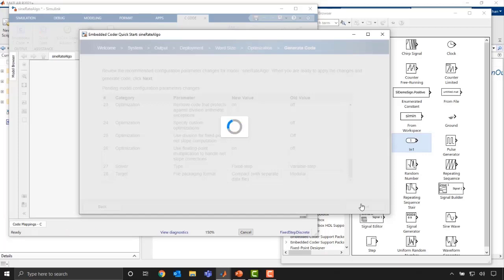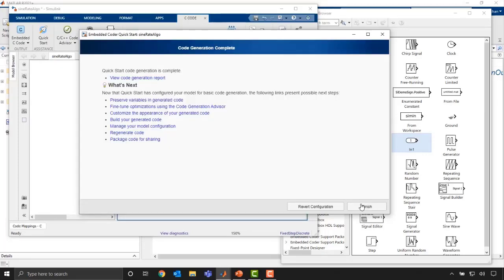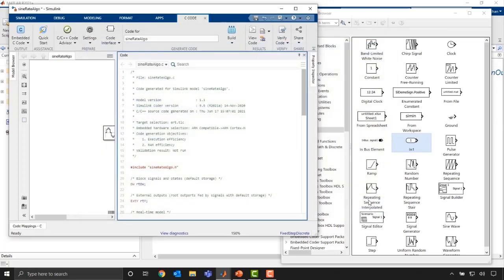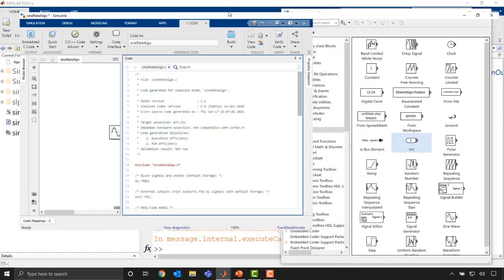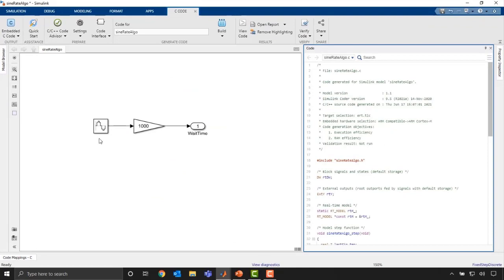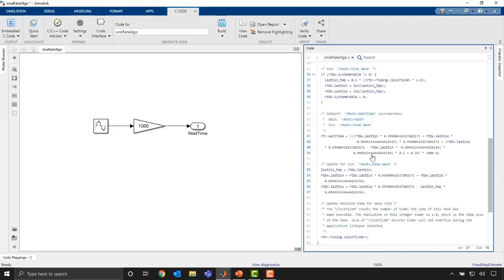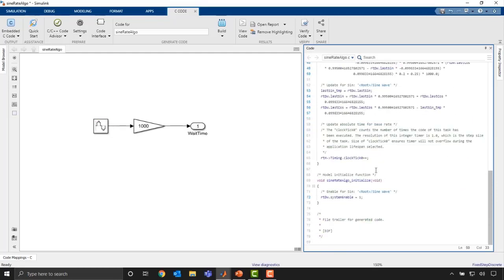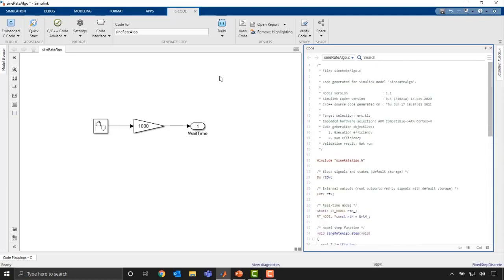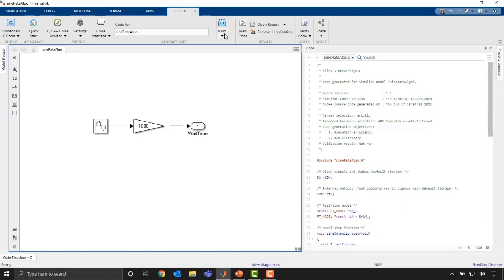And once we've done that, it actually went through and generated code for the model as well. So you'll see here that we have the original model and now we have the generated code for this algorithm, okay? And so you can see this is the algorithm. Most of this is just going to be calculating a sinusoid waveform and then incrementing with the clock time. From here, if you wanted to say modify this algorithm and generate code again, you can select this button here.